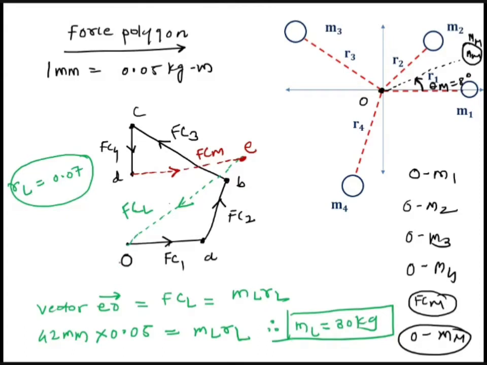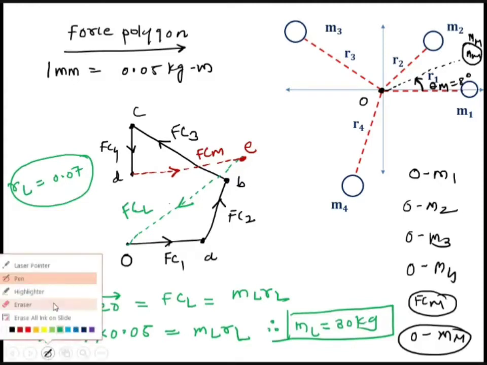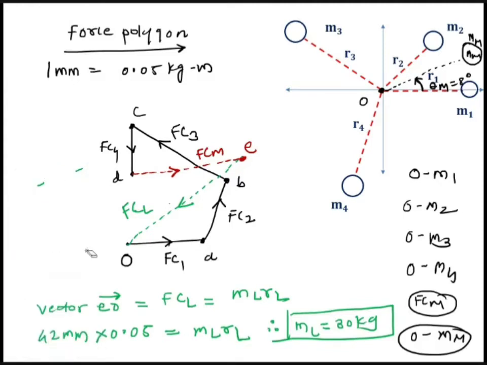Now this is very, very important. How will you measure the angle? Okay, so let me erase this first and let me show you how to measure the angle. Now what is the starting point of vector EO bar? Starting point is E. So as I said, the simplest way is to draw the parallel line from this starting point E. Now once you draw the parallel line starting from E, measure the angle in the anti-clockwise direction. You have to measure in this manner. So this angle is like this, which is equal to theta L.